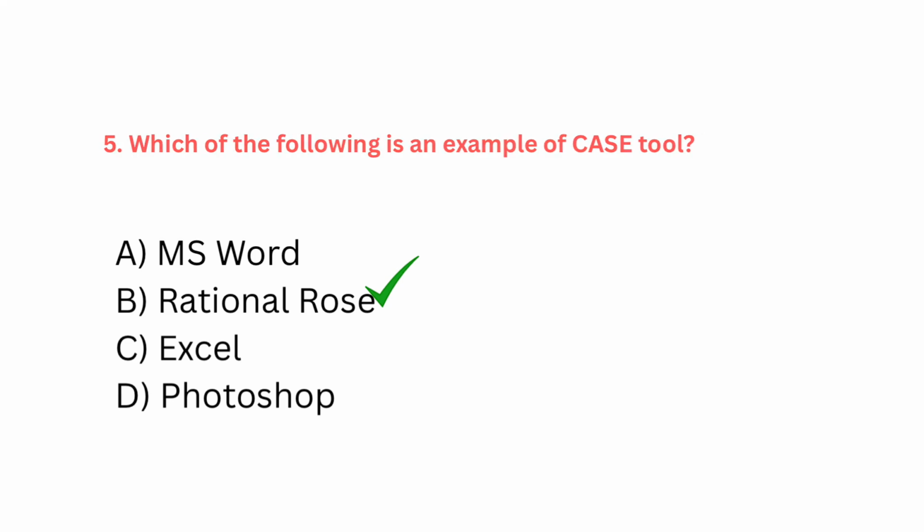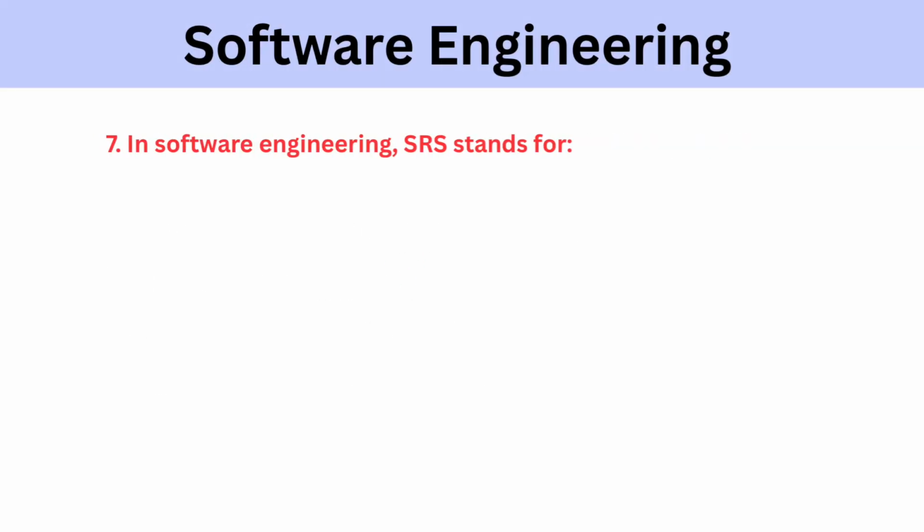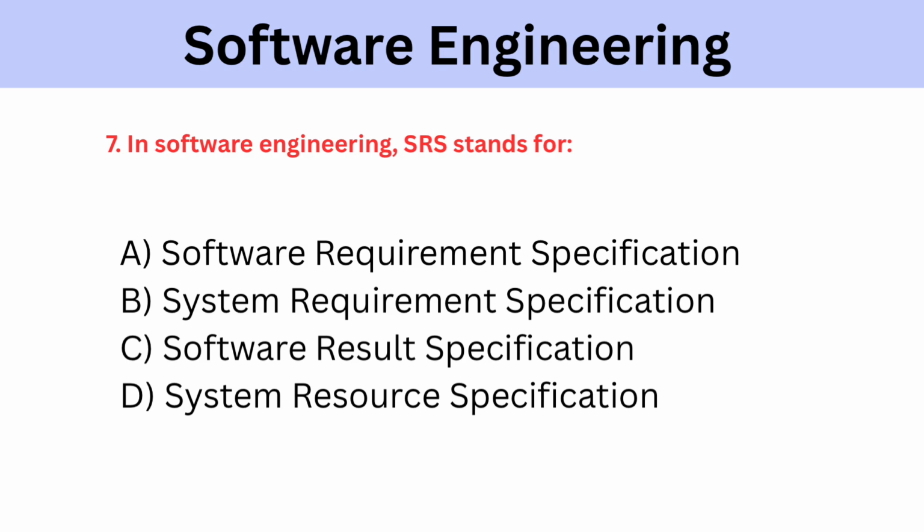Rational Rose. Which software model is best suited for risk analysis? A. Waterfall model. B. Spiral model. C. Prototype model. D. Agile model. The correct answer is option B. Spiral model. In software engineering, SRS stands for